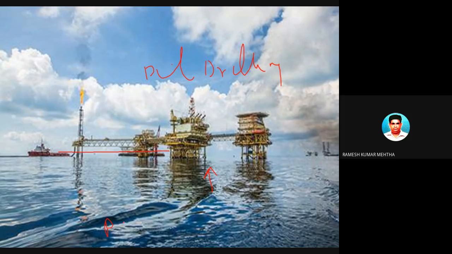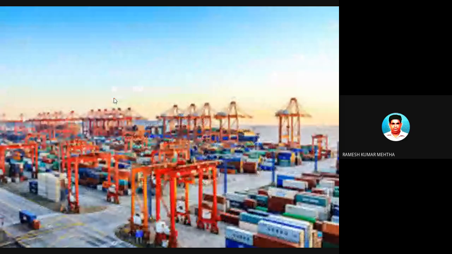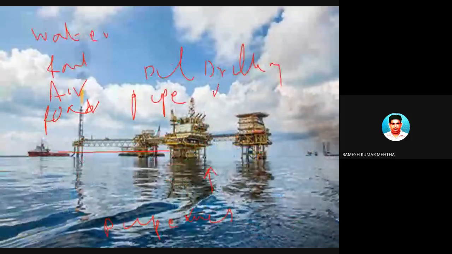I will show you the pipelines because I told you that in modes of transportation we use waterways, railways, airways, road, and I even told you about pipelines. Through pipelines goods are also transported, and we are talking about liquid and gas.